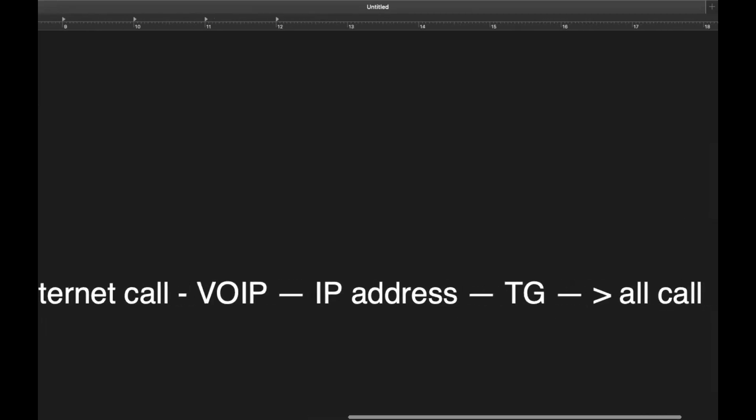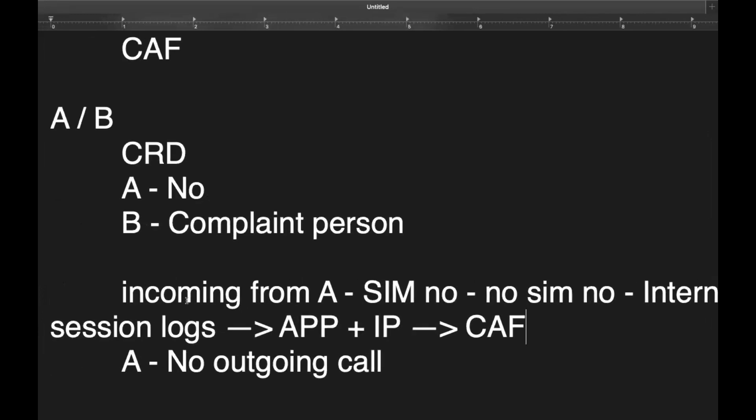And from the IP address, they'll verify the ticket grant. The ticket grant is a switching station. They used to manage all the calls, the event log. And from that log, they'll take which application they have used to initiate the call with the IP address. Or in that application, if they did some payment, or if they have used a mobile phone, they'll find the MAC ID. There are some processes. And finally, they'll collect the CAF number, that is actually a customer application form. From this customer application form, they can find out who this person is. And then they'll start the one-to-one investigation. This is actually the process of a VoIP call.